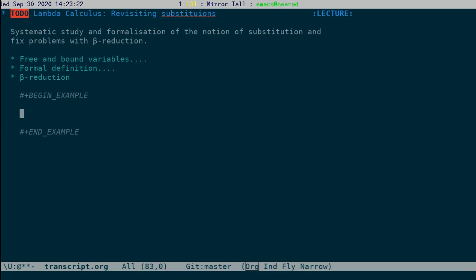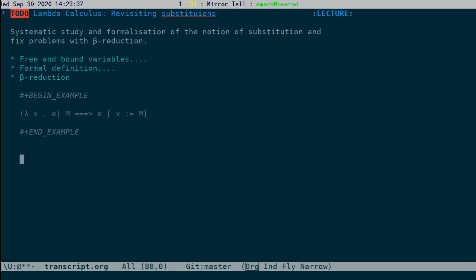Recall that beta reduction is nothing but this: lambda x dot e applied on m reduces to e with m substituted for x for all free occurrences of x. This is the definition of beta reduction.